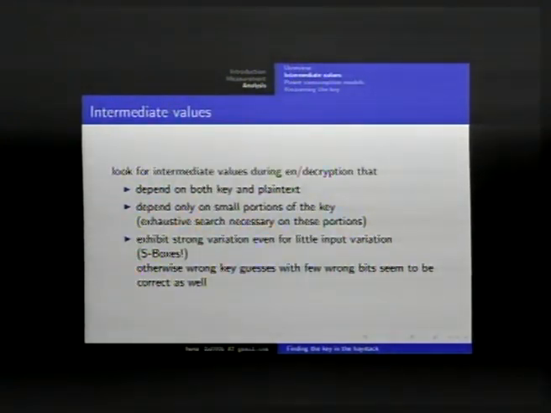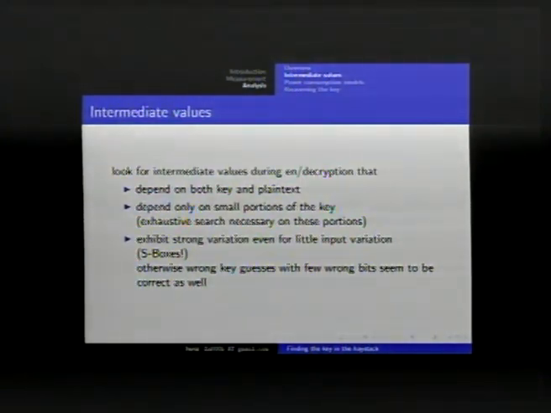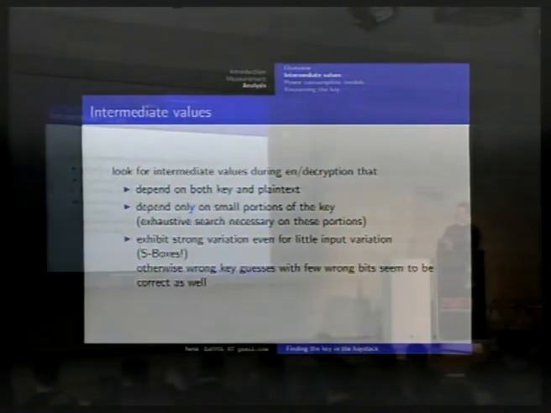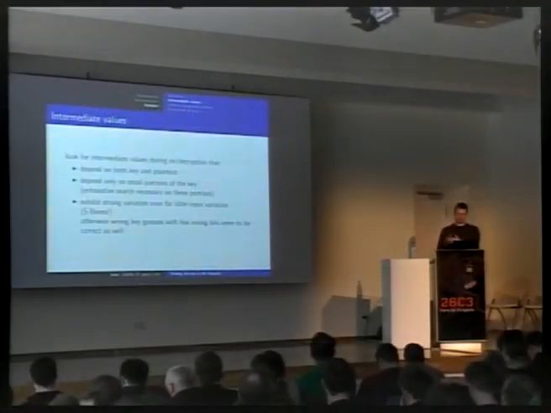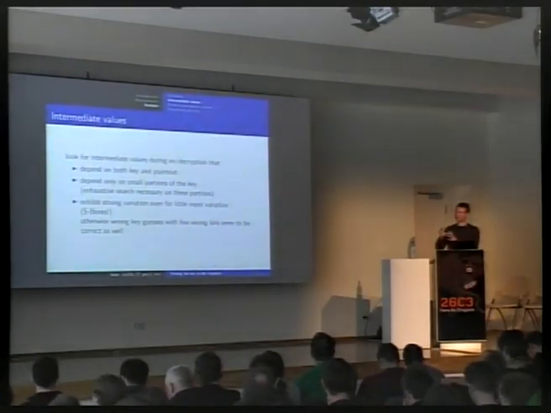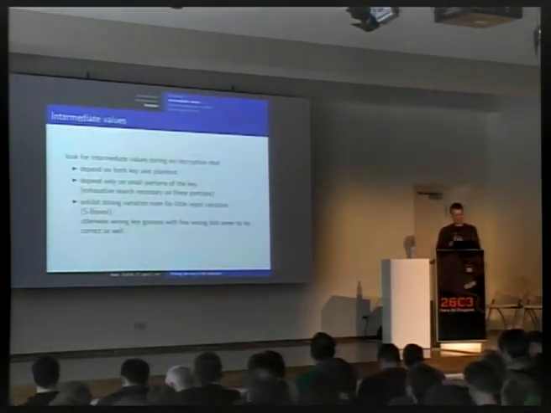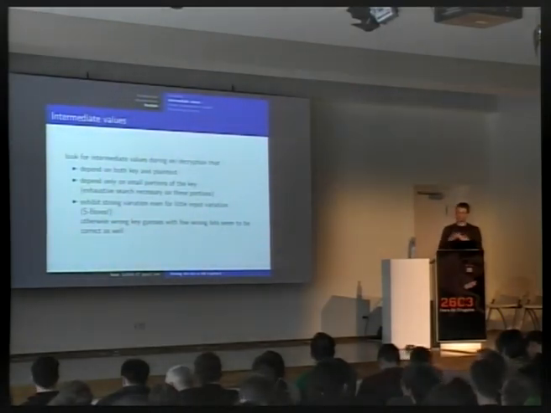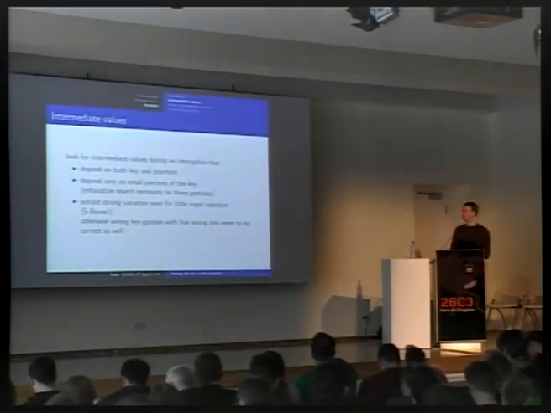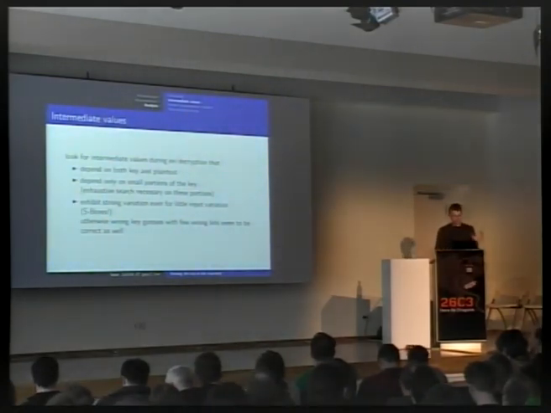We have to guess those key portions after all, so the exhaustive search otherwise would be too costly. And this intermediate value also should exhibit strong variation, even for little input variation. So if 1 bit toggles in the plaintext or in the key, the output should toggle with more variation. Otherwise, we won't be able to get everything right, because we won't see such tiny fluctuations in the power supply. We'll come to this later